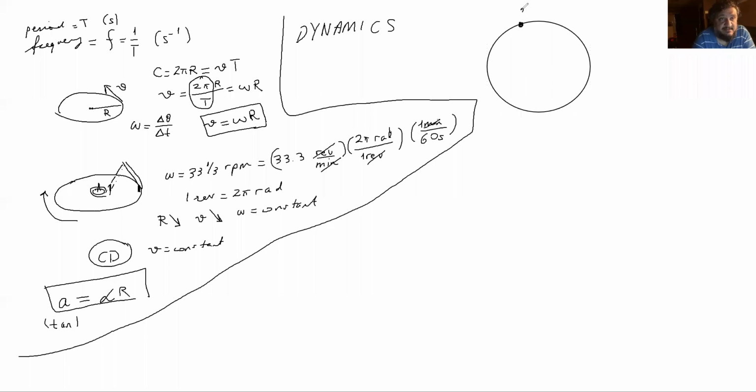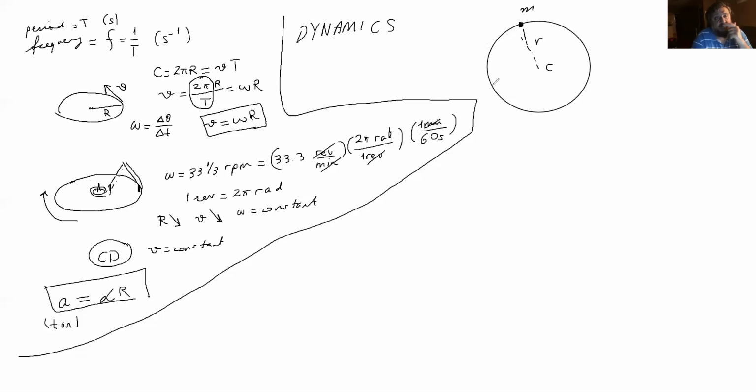This is a mass. It could be a satellite, a communication satellite in orbit around Earth, okay? So I'm ignoring the dimensions of the object. I'm treating it as a point particle. This is the center of the circle. This is the radius,